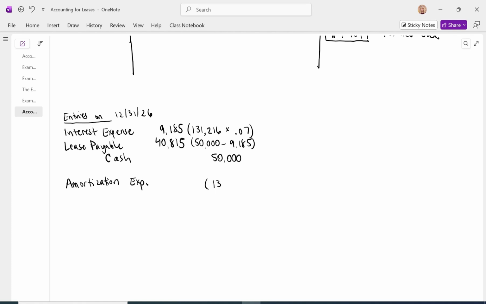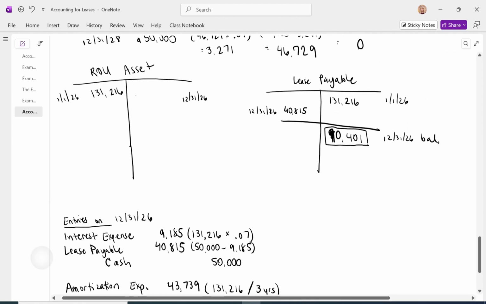We're going to use straight line. Take that initial amount and allocate it across the 3 years. The amortization expense works out to be 43,739. The other side of that entry, I'm not going to use a contra asset. I'm going to directly decrease the right of use asset, 43,739. Okay, I'm going to plug this into my T account, reduce the asset by